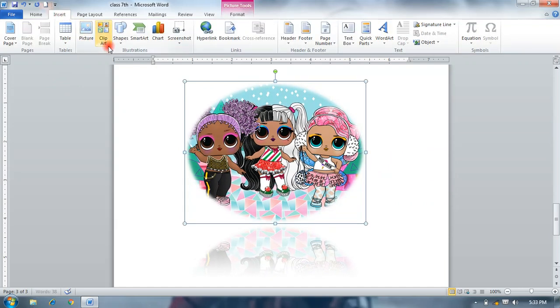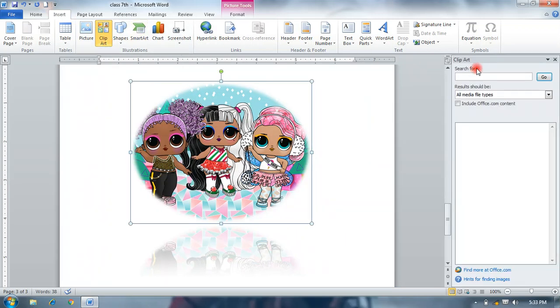Clip art: it is a clip art navigation part, and this is the clip art box in which we can find the small pictures which you want.